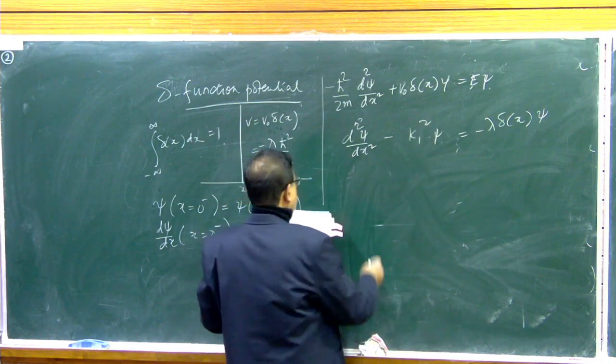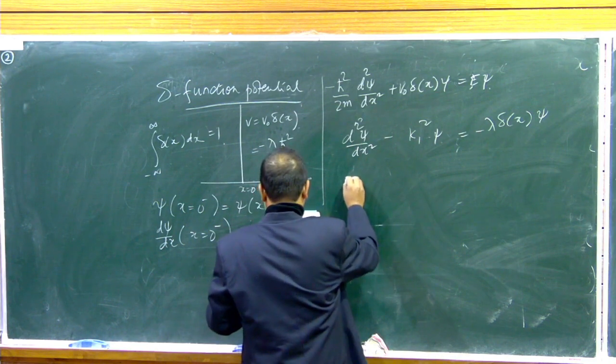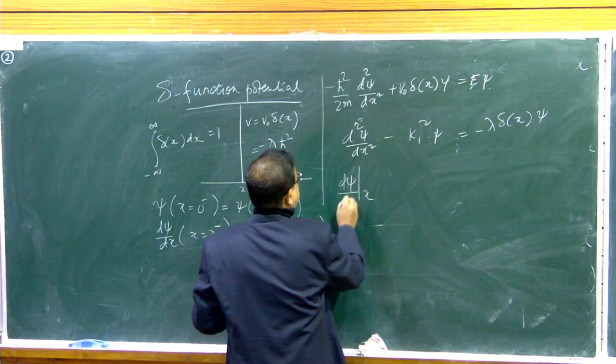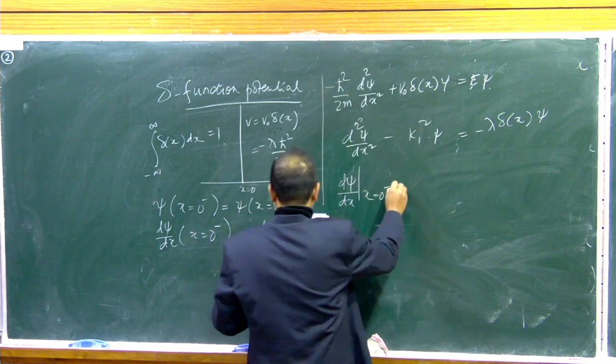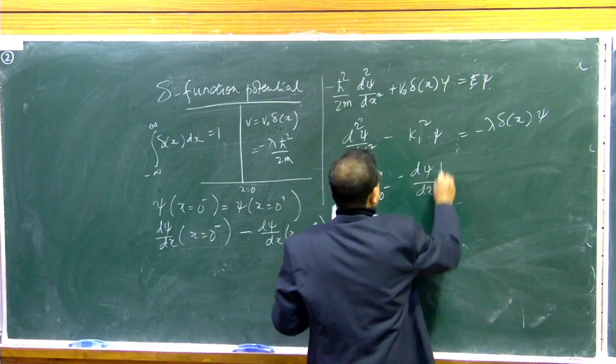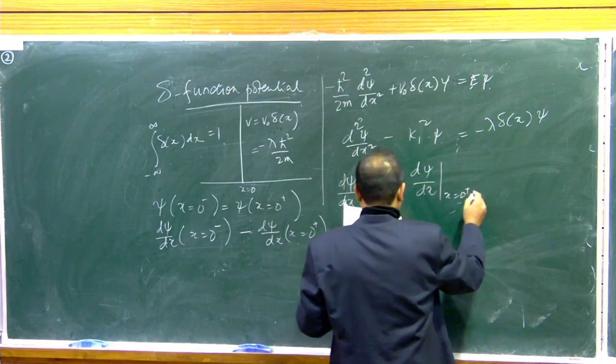And so d psi dx at x equal to 0 minus, minus d psi dx at x equal to 0 plus